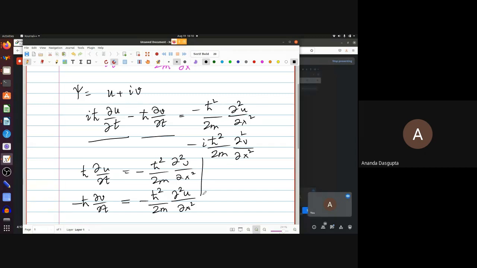So the presence of the extra i outside in the i h cross del u del t, or whether you call it iota or whatever, the same thing, essentially ends up mixing up the real and imaginary parts, and so you no longer have an equation which the real part satisfies and one which the imaginary part satisfies. Okay, so it's about the coefficient, whether it's real or complex. Yeah, it's about the coefficient here, right?